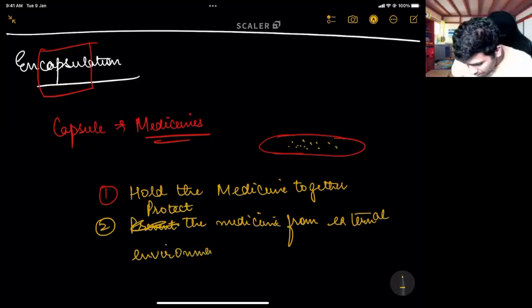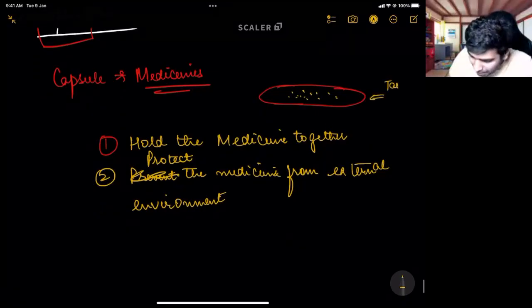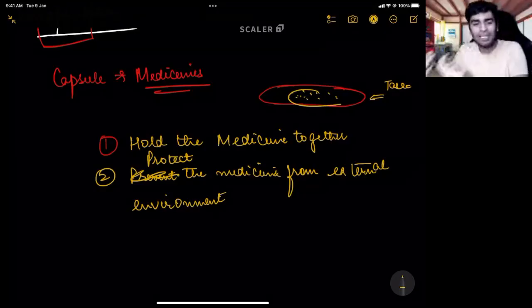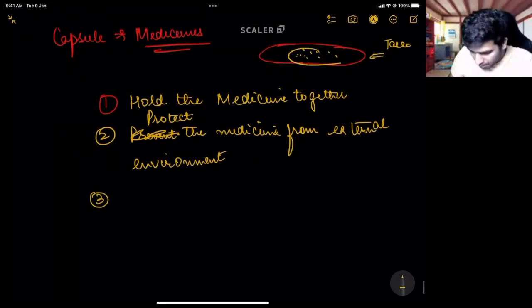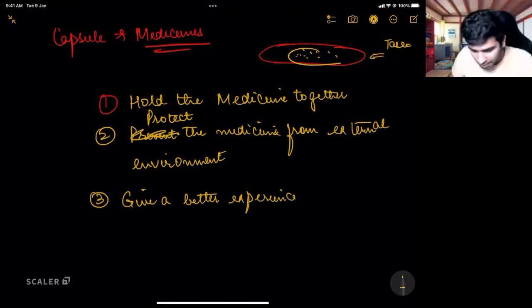And the third thing, which I think someone had mentioned: the taste of the capsule is often better than the taste of the medicine. If you eat this medicine without the capsule, you will have a very bad time, but if you eat it with the capsule, you have a better experience. So they give a better experience to the users of the medicine. Is everyone clear with the three features?